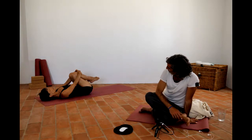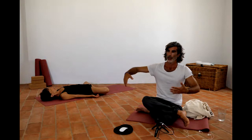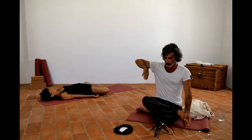We place the soles of the feet on the floor, the soles of the feet towards each other, and we let the knees fall to the sides. We release the outer line of the hip with a very mild, gentle position. We open the shoulders, pull a little bit from the lateral sides of the lower back, a little bit on the buttocks with our twist. The spiraling of the spine